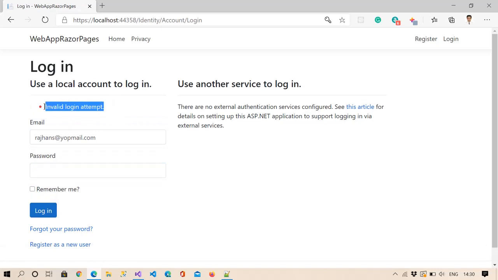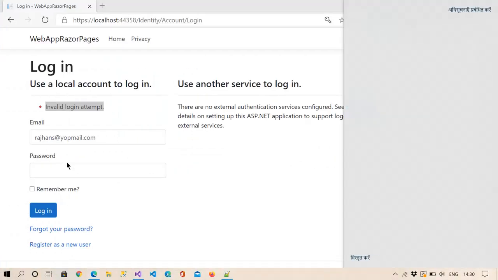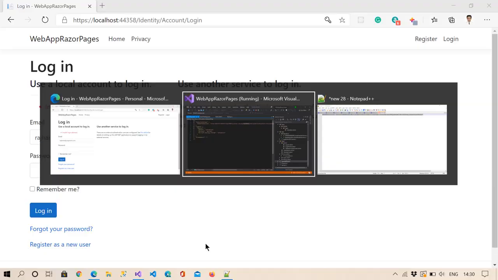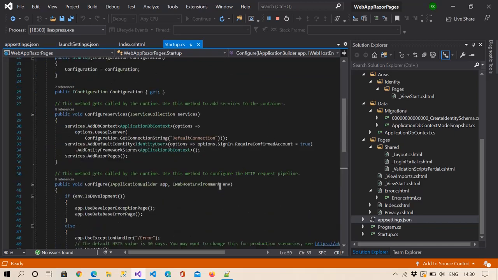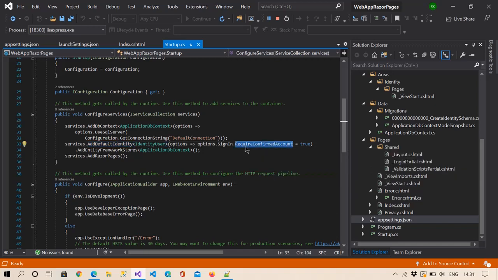So basically what it is saying is that we had provided one setting here in Visual Studio. Let me go here first. Okay, in the startup.cs file we have provided one option to the default identity, require confirmed account true.